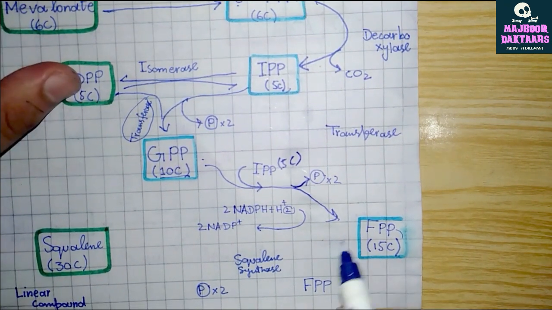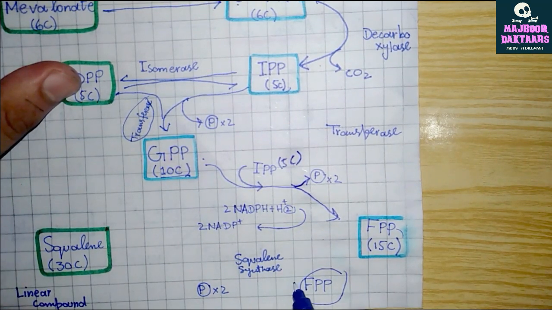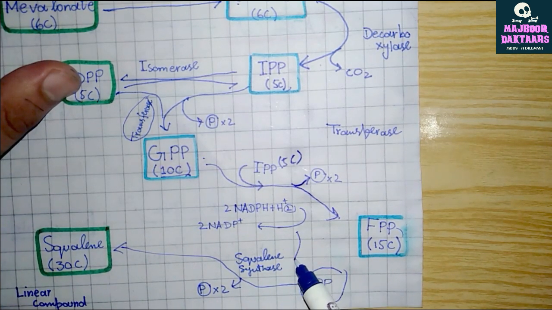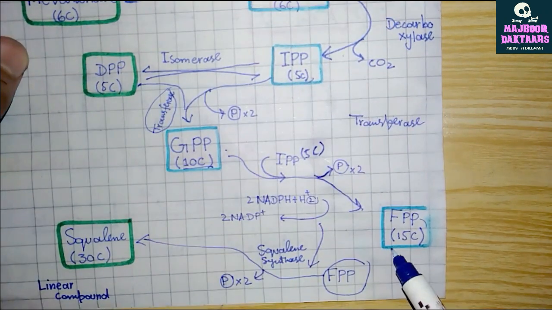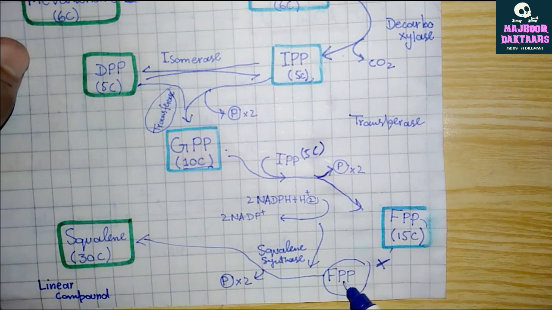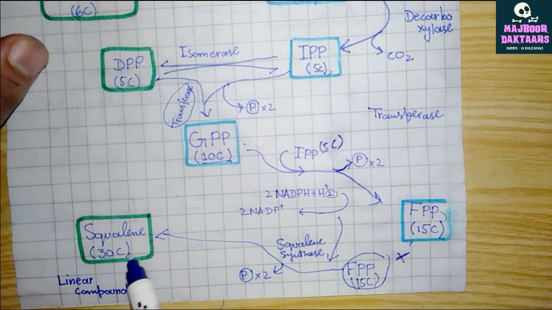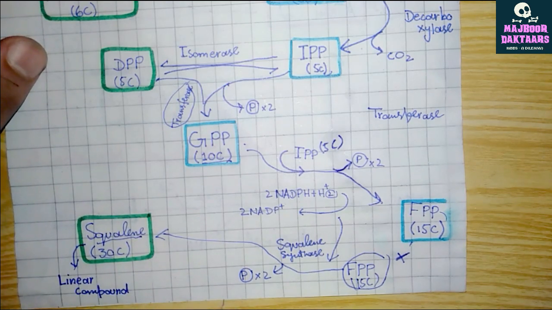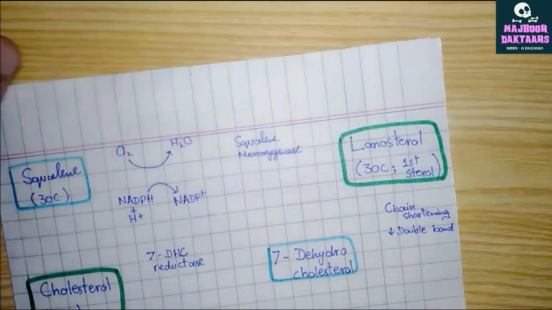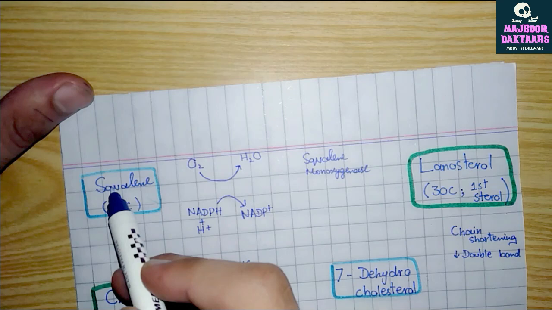Now this farnesyl pyrophosphate is acted upon by an enzyme called squalene synthase. 2 phosphate groups are removed from it and the reduction of it occurs to convert this 15 carbon compound, which is added upon by another 15 carbon compound farnesyl pyrophosphate, to form a total of 30 carbon compound known as squalene. Now this 30 carbon compound squalene is the last linear compound in cholesterol synthesis. Now as I have said, it is the last one, so the compound next to it will be